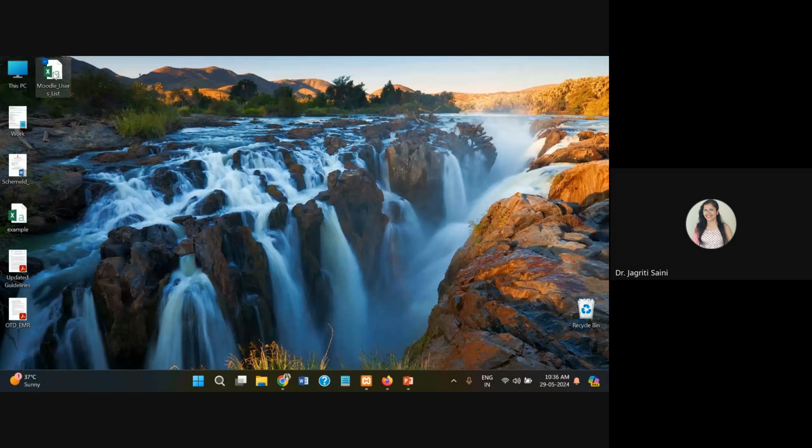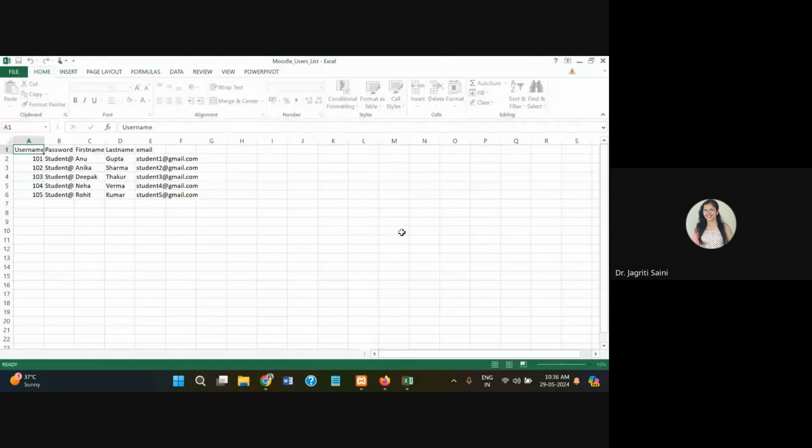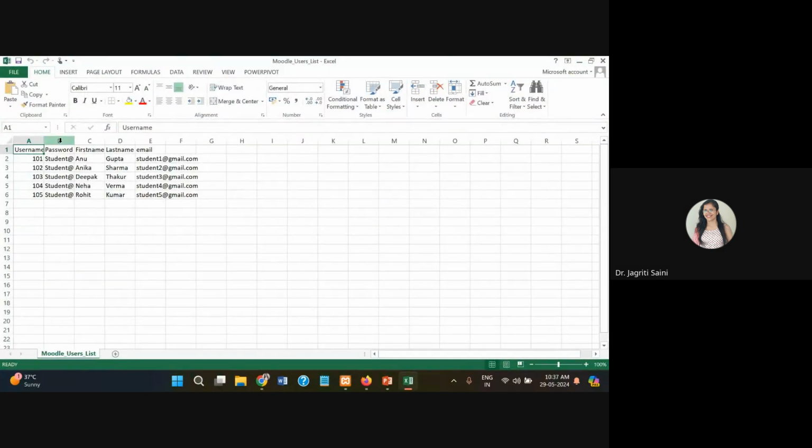In my case, I have created here a sample user list. And in this case, I have also added one more column, that is the password column. If you don't want to add that, you can allow your students to directly add their password. They will be permitted. Even after you have added these passwords, students will still be allowed to change their password